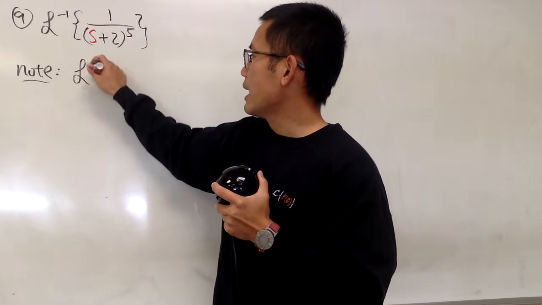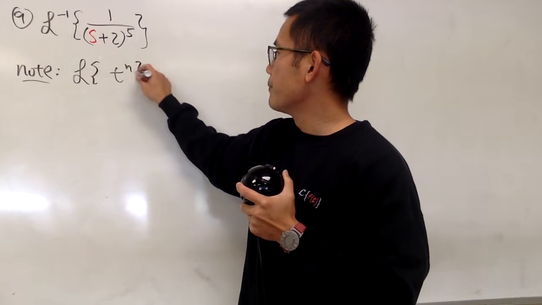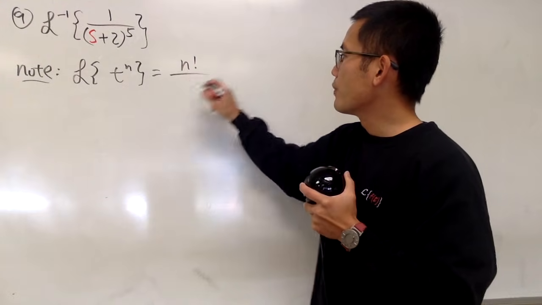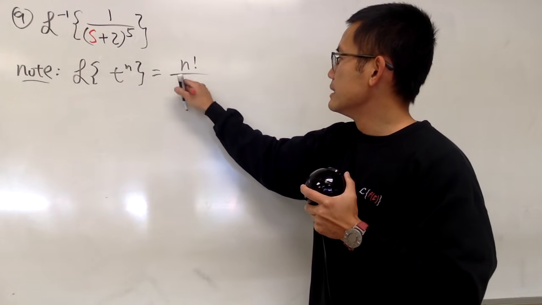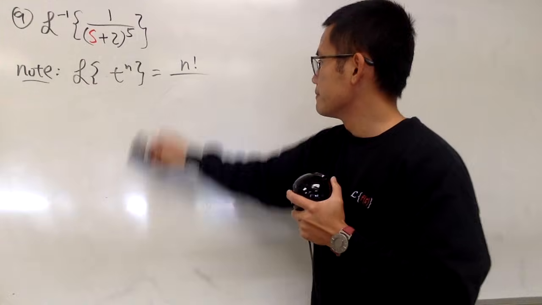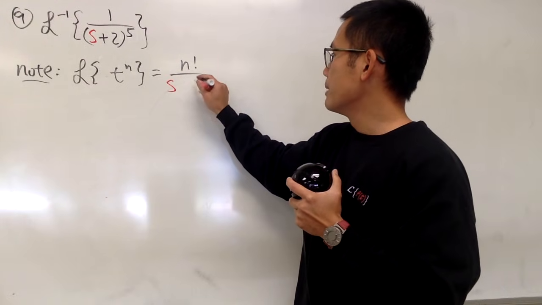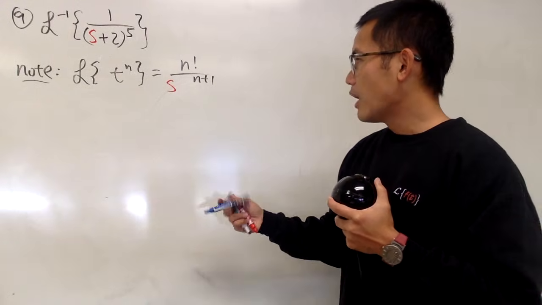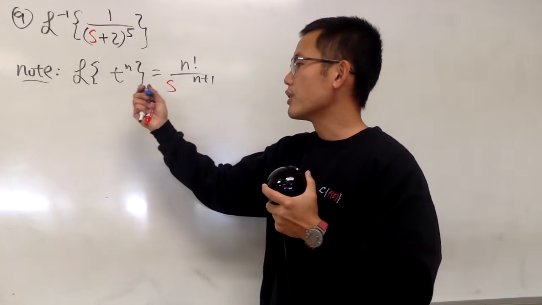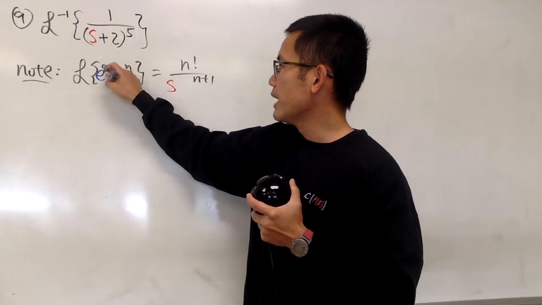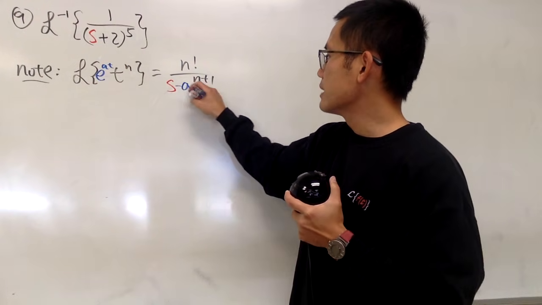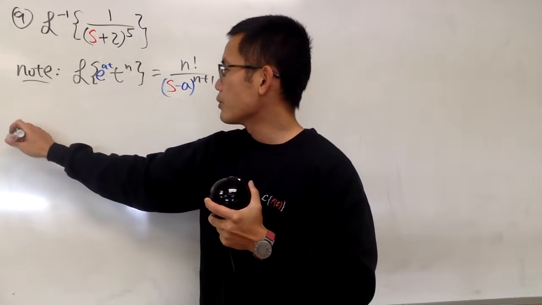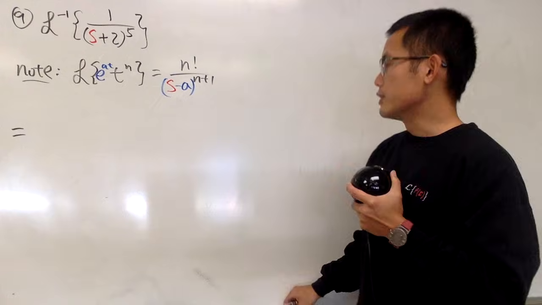if we have the Laplace of t to the nth power, this will be n factorial over s to the n plus 1 power, right? So this is the one that I would keep in mind. However, it's being shifted, right? So again, you have to multiply this by e to the at, and that will be s minus a raised to that power. So that's the idea. So now,